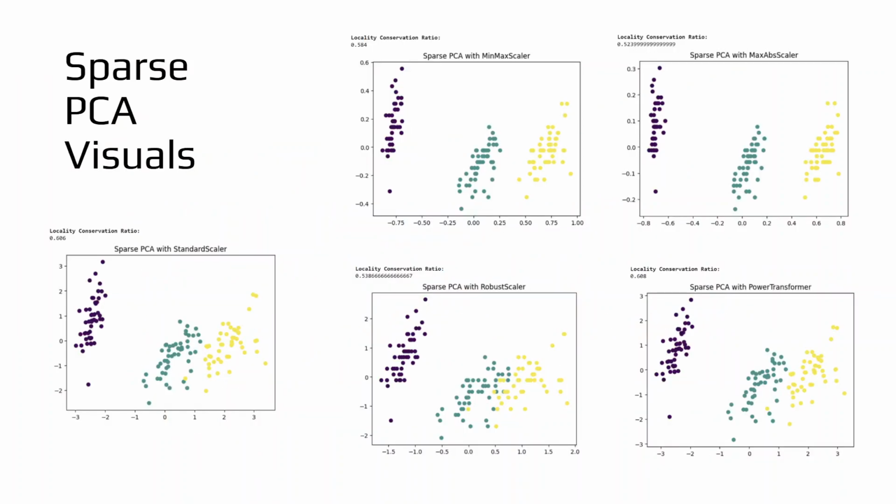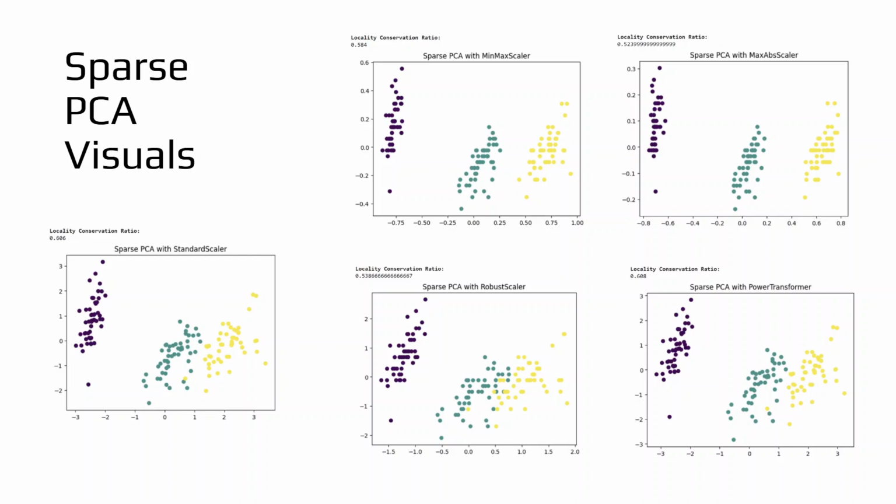Okay, and let's move on to sparse PCA. So sparse PCA is pretty similar to PCA, it's just geared towards data with more sparsity, more zeros. And while this doesn't particularly apply to the iris data, we can still test it on it. So we can see that the locality conservation is not quite as good as PCA across the board, but you can see similar patterns with how the data was clustered. Min-max and max-abs